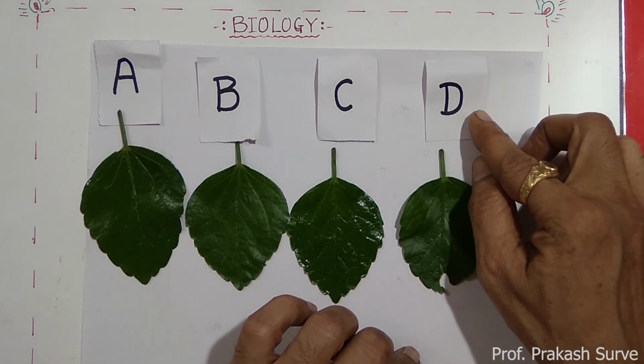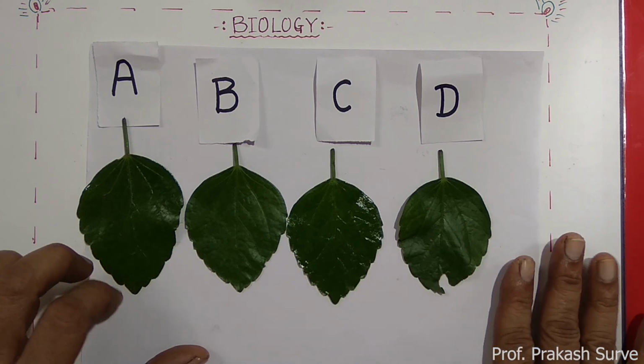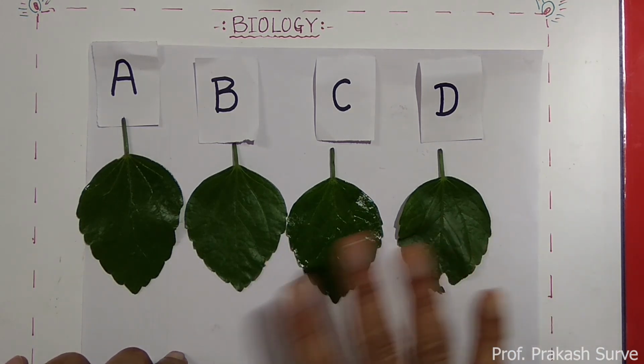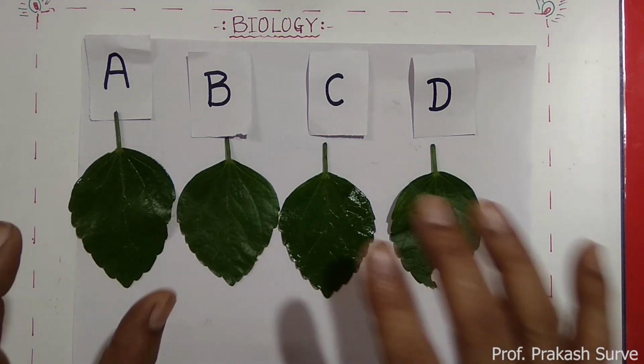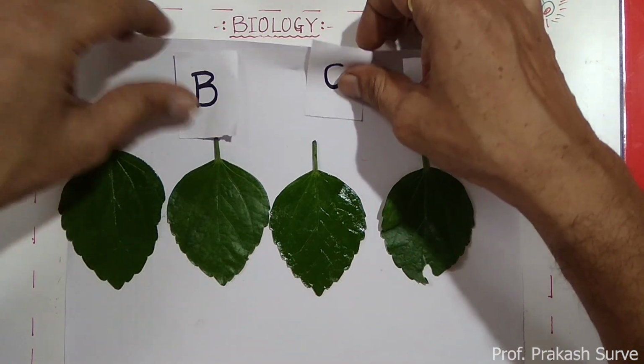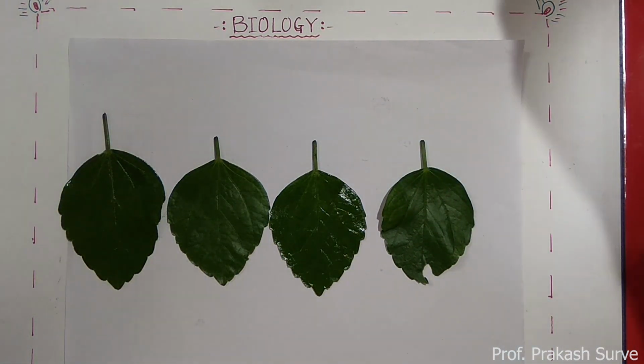Now, just now I said all the leaves should have the same growth, same structure, and same shape. So we have to use leaves of the same size for this experiment. Now we'll tie all the four leaves at an equal distance. You have to tie them at an equal distance. I kept the thread ready.